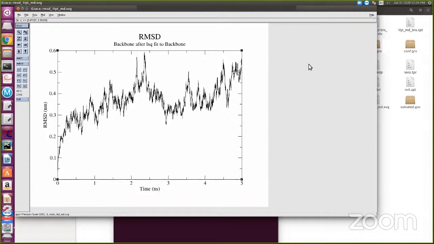We should understand when the protein is stable and has reached the equilibration state. Suppose it reaches equilibration at maybe 2 nanoseconds; after 2 nanoseconds, we have to analyze.